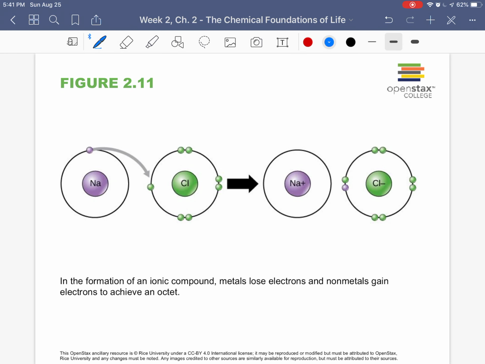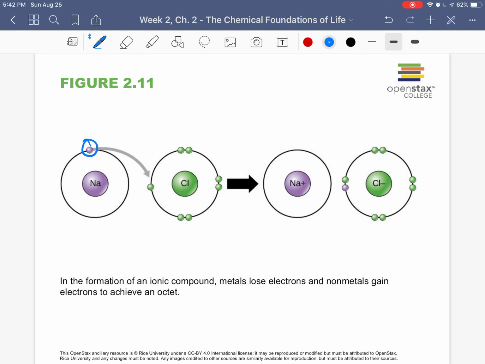But ions are important because they serve as messengers for the cell. So for instance, if you're talking about sodium ions and potassium ions, we can't have muscle contraction without either one of those. Muscle contraction is essential for movement, whether you're talking about moving your skeleton or moving materials down your digestive tract. If you don't have muscle contraction, you don't have movement. And without ions, you don't have muscle contraction. So ions are important. And so this is an example of the formation of an ion.